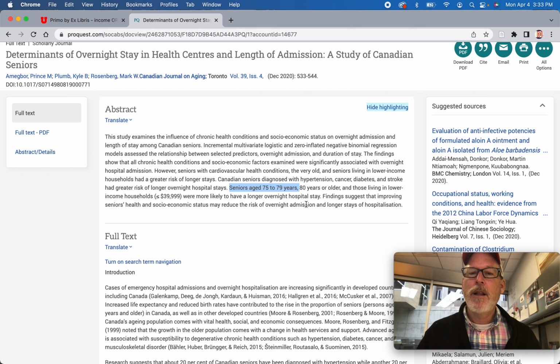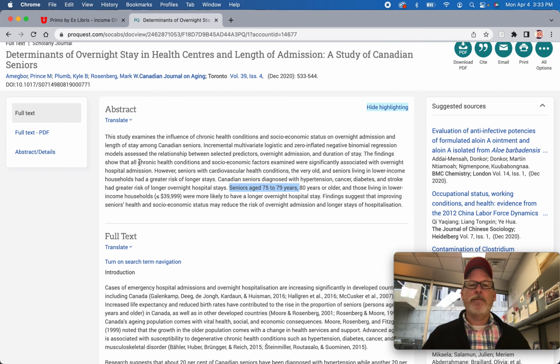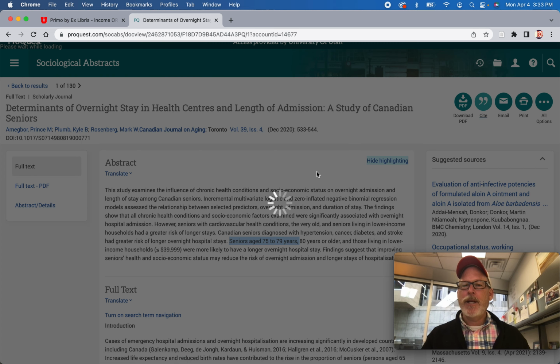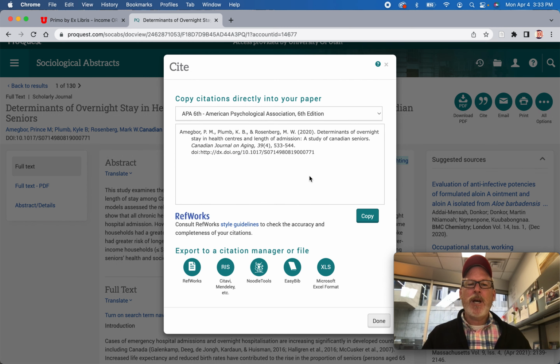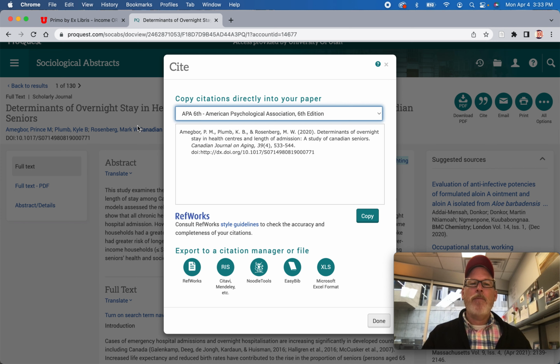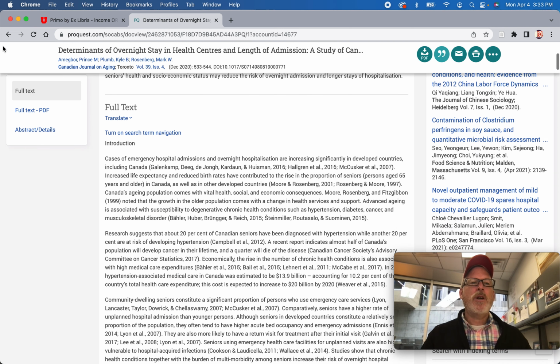Oh yeah, lower income households. So it can be, there's a new keyword. So this is something you negotiate as you go. What do you do with these articles? There's a citation generator that'll get you an APA citation or whatever style you want under the sun. What do you do if you find an article that's the perfect article? You can go back